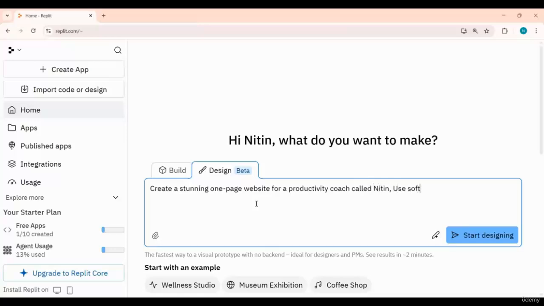Use soft blue and purple colors, big bold headings, a dark mode toggle in the top right, a section that says double your focus in 30 days,